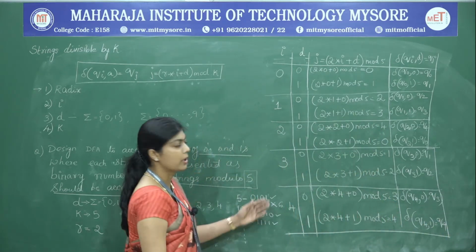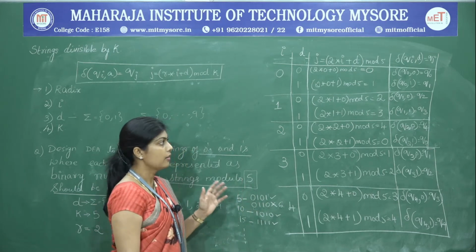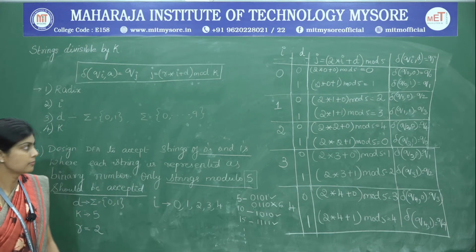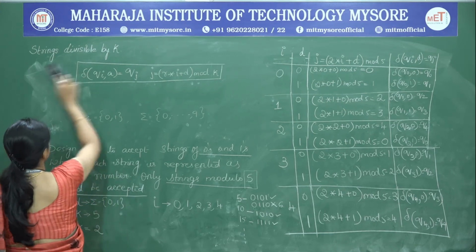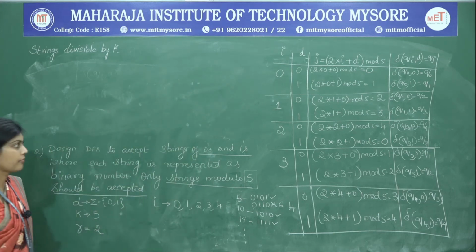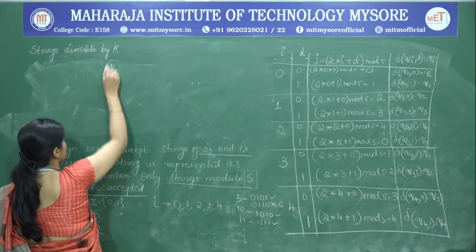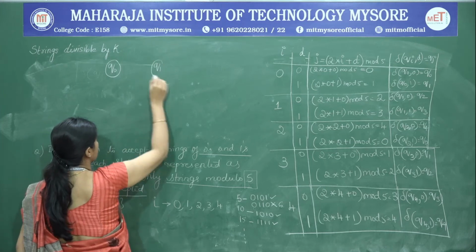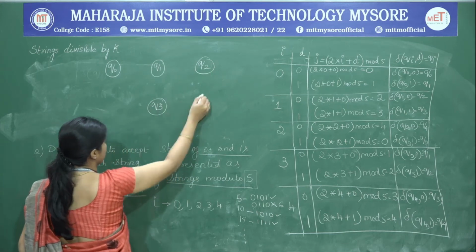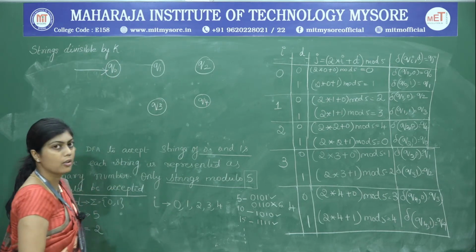So once we have finished forming all the transitions of this DFA, we are now ready to complete the transition diagram for the DFA. So we'll write the transition diagram. We have 5 states in this DFA, so we'll write the 5 states. First one is Q0, then we have Q1, Q2, Q3, and Q4. Q0 is the start state of the DFA.